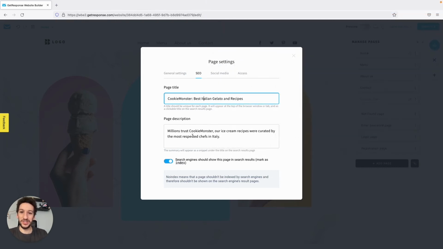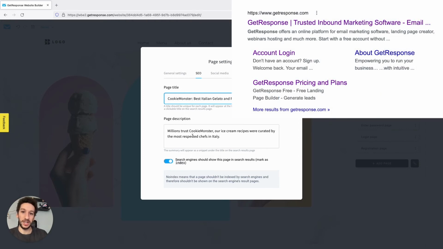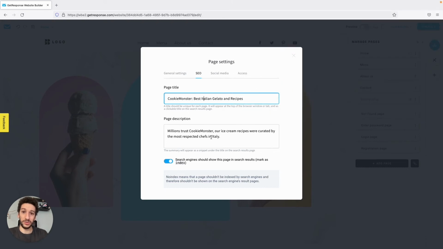And then for the page description, the same situation, you should keep it concise, and you need to find a good way to describe your business while also using keywords. And once again, this is a whole research that you'll have to do, and there are certain tools online like SEMrush or Moz that you can use for that. I encourage you to research that as well.